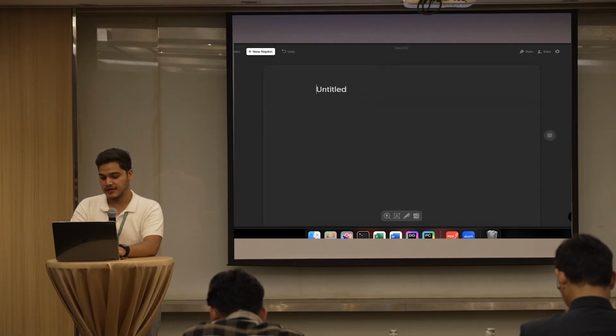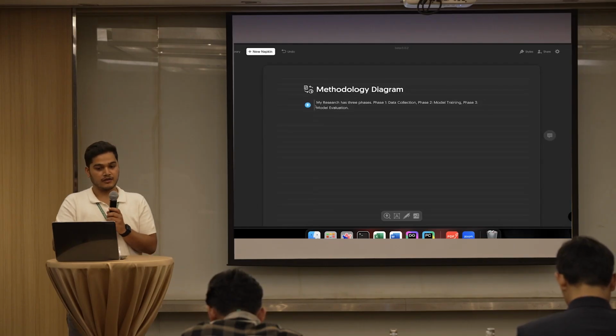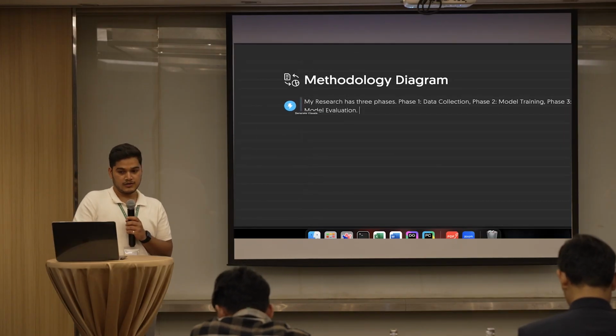So we can just say methodology diagram, let's say for an example, right? My research has 3 phases. Phase 1 is data collection. Phase 2 is model training, right? And phase 3 is going to be model evaluation. If you just write this much text, a Thunderbolt icon will show up at the side of the text, right? So if you click on this,